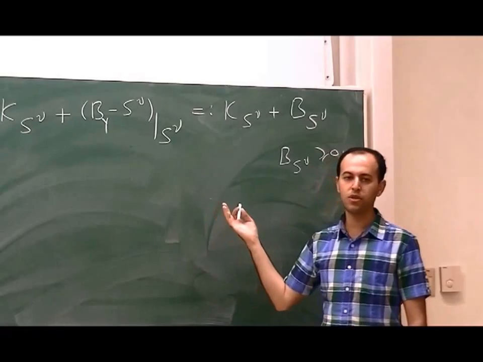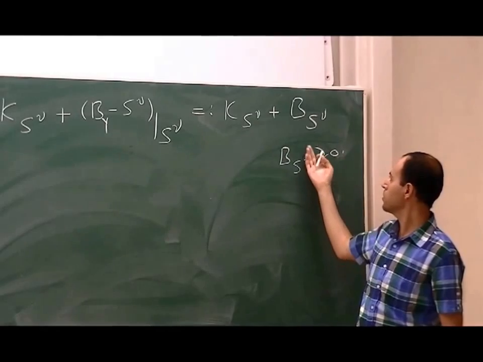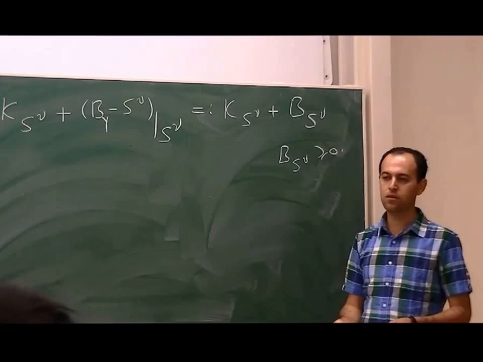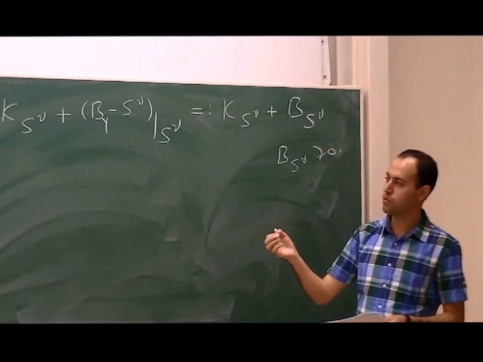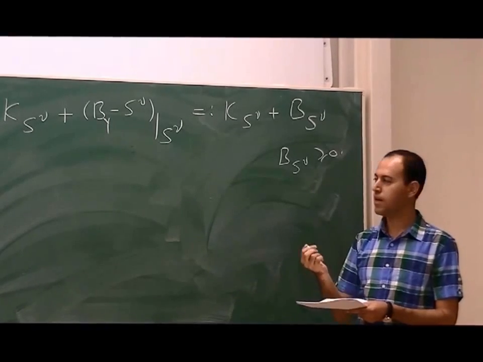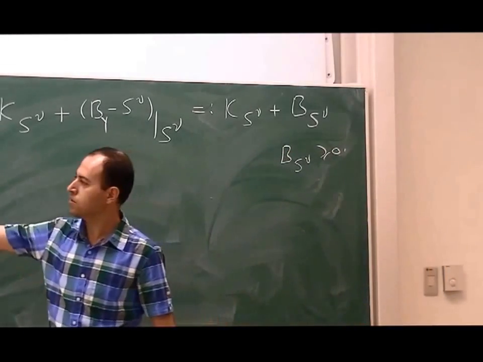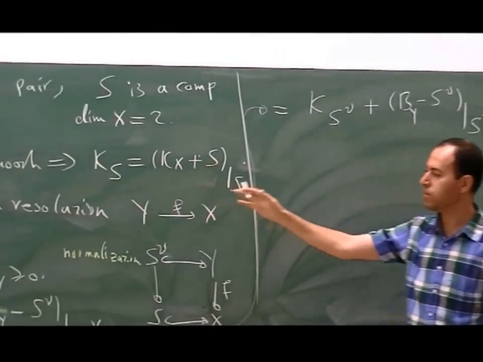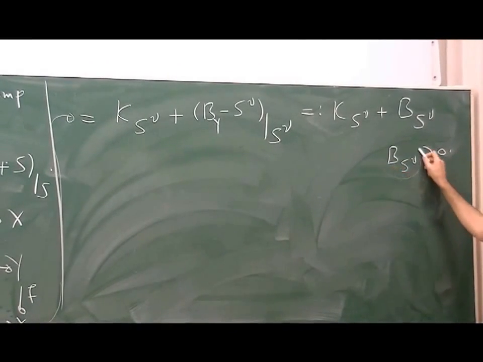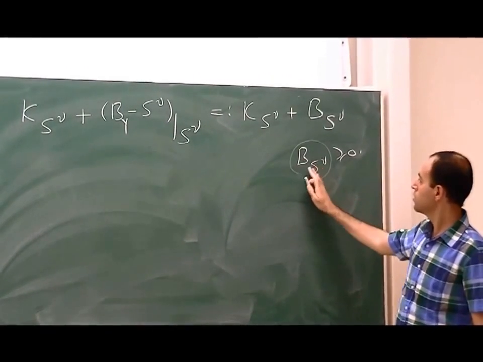So why is this important? Just because you start from a pair and you get something which again looks like a pair. So in other words, if you try to do induction, so in this case we are working on surfaces, you can understand this surface by using curves. And you can do that exactly because of this kind of formula, because you can relate the canonical bundle with the divisor B on X with something of smaller dimension. Of course, in general, the coefficients here could be more than 1, but if you have some good singularities, you can also make sure this is exactly as in the